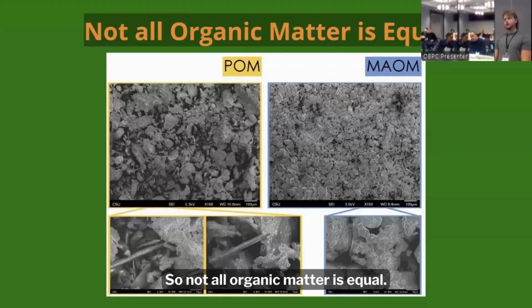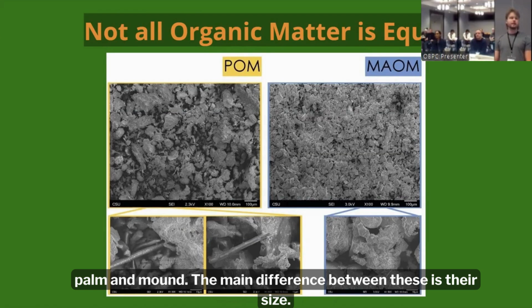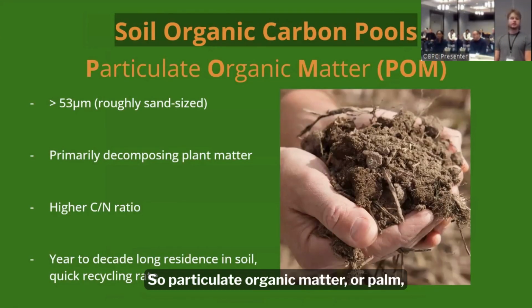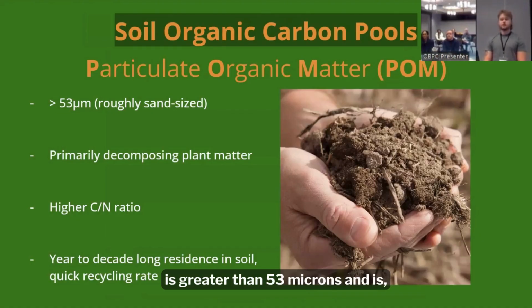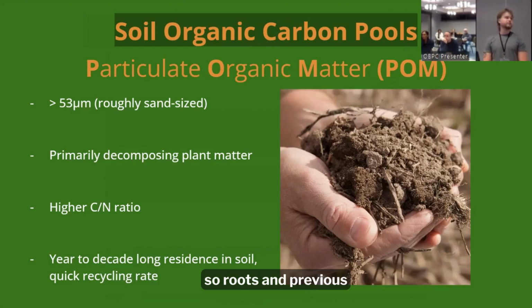So not all organic matter is equal. When we're talking about soil organic carbon, we have to divide it into two distinct portions, POM and MAOM. The main difference between these is their size. So particulate organic matter, or POM, is greater than 53 microns and is roughly sand-sized. And it consists of primarily decomposing plant matter, so roots and previous